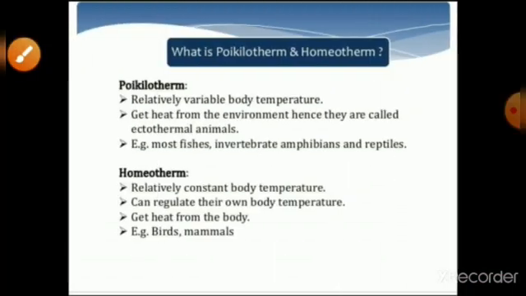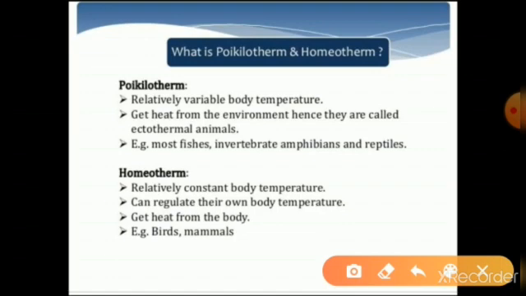Next है student poikilothermals and homeothermals. Poikilothermals means relatively variable body temperature होता है। इनका बॉडी टेम्परेचर जो है वो वेरी करता है विद द एनवायरनमेंट। अगर एनवायरनमेंट में टेम्परेचर इंक्रीज हो रहा है देयर बॉडी टेम्परेचर विल ऑल्सो इंक्रीज। अगर एनवायरनमेंट का टेम्परेचर डिक्रीज करता है तो देयर बॉडी टेम्परेचर दैट विल ऑल्सो डिक्रीज, एंड दे गेट हीट फ्रॉम द एनवायरनमेंट, hence they are called